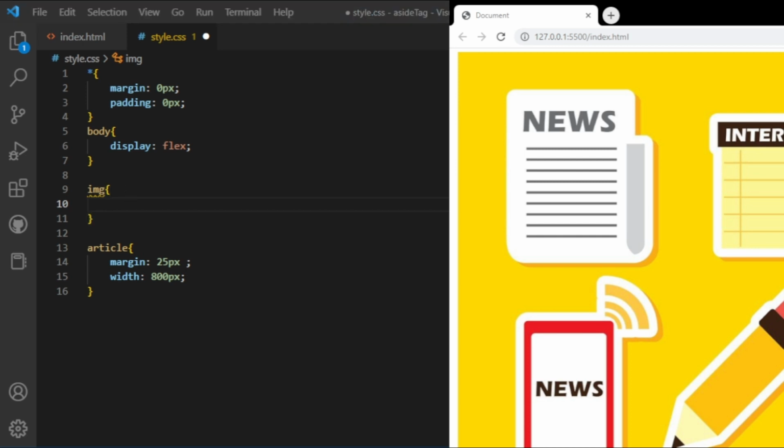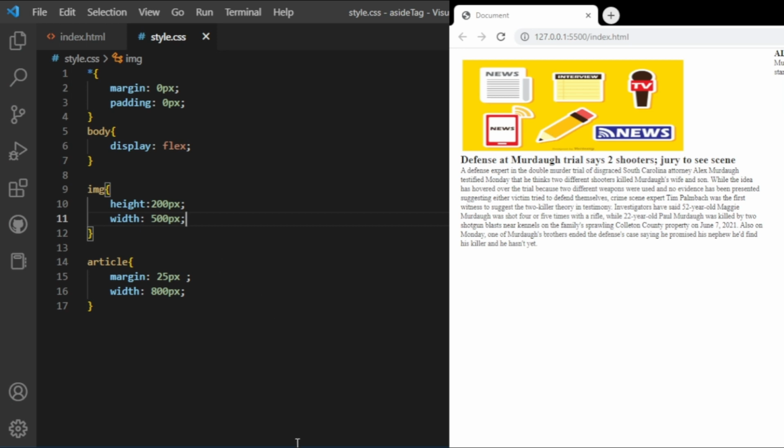So image, let's give height as 200px so that it will be shrunk to the standard size, and let's give width as 500px. Okay, and let's see how it looks. Look, now it's come under control, now it's on the feasible size. All right, and moving on again to our article,